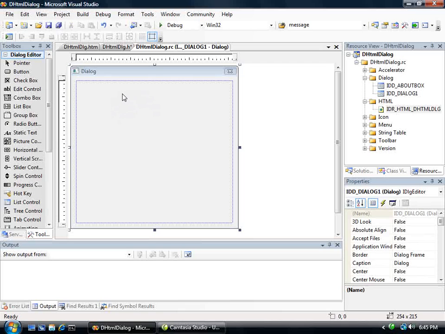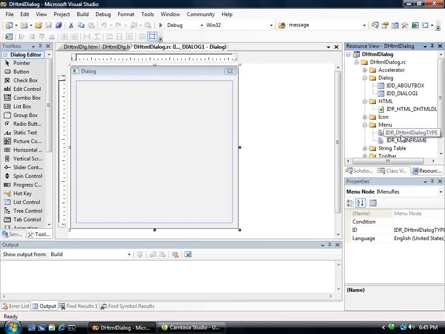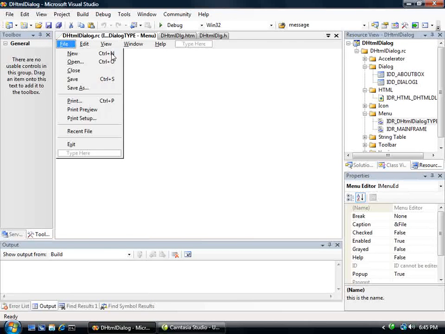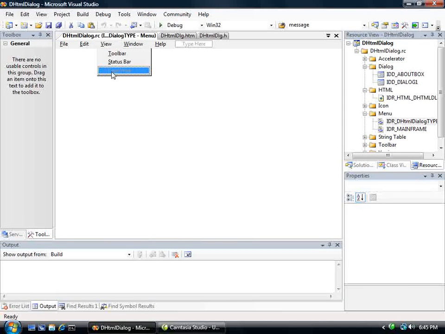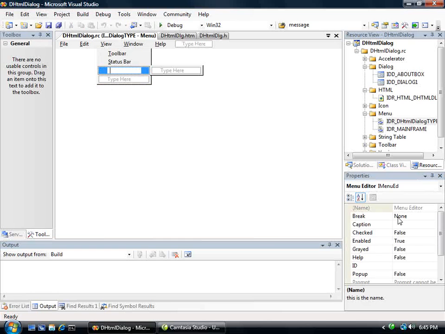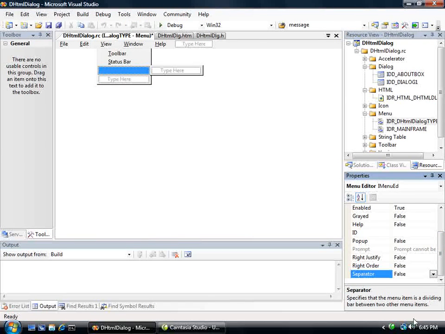So there we have our dialog box with nothing, and I just showed the HTML. Let's go ahead and run that. But before we do, we need to add a command so we can access it. So let's bring up our menu, and let's go ahead and add a command to the view menu. Let's put a separator in there,